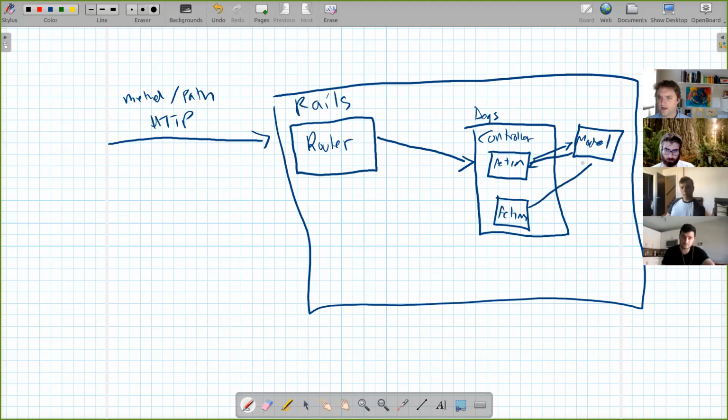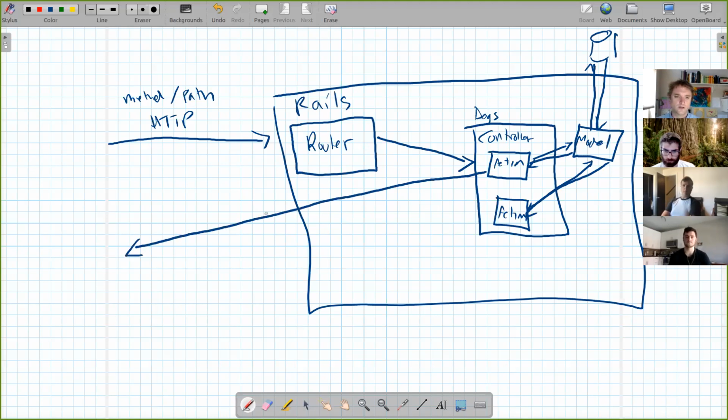Different actions can interact with the same model. And then that model does stuff with the database for us. And then the action is going to generate the HTTP response. With a couple exceptions,